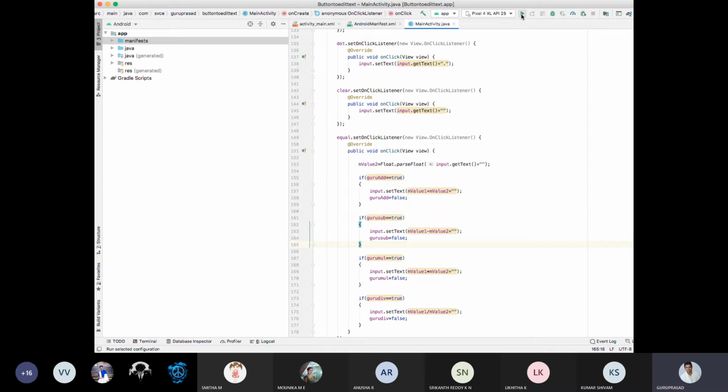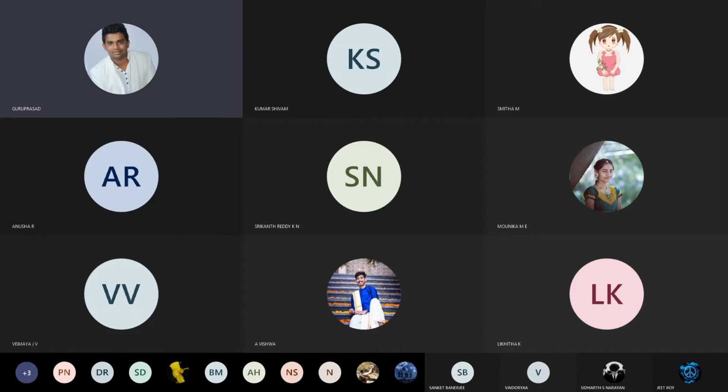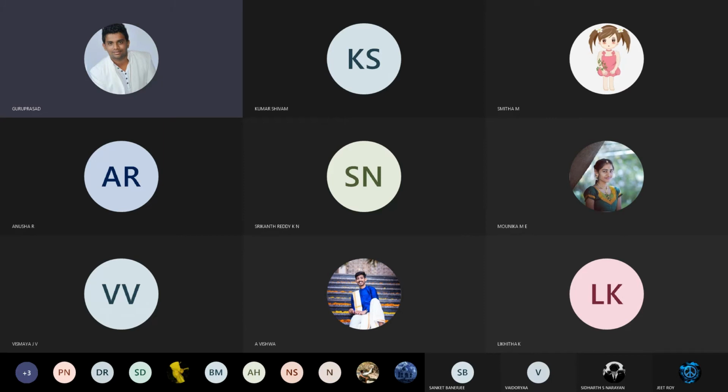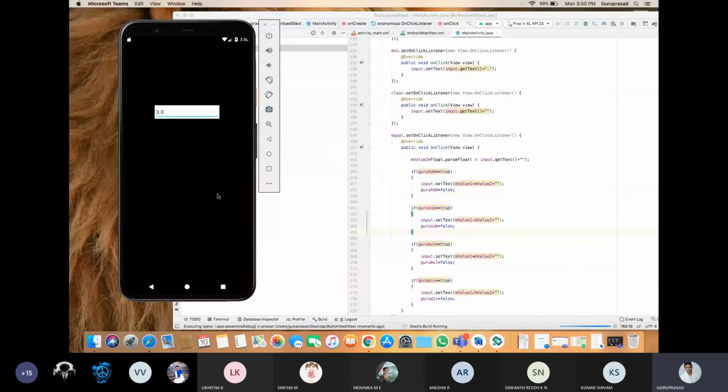So I'll just run this program. I'll just share the complete screen, because I need you to see the emulator also. We have started at 3:15, I guess.